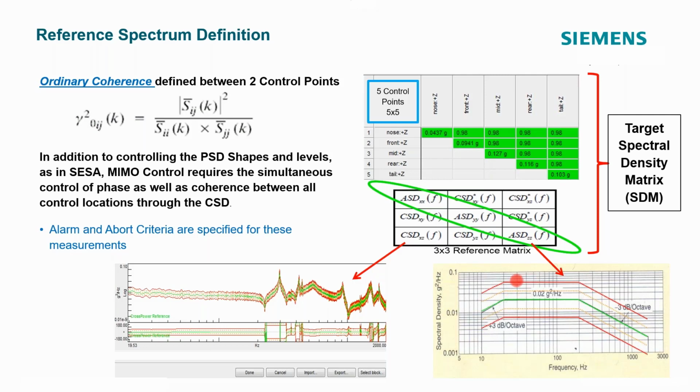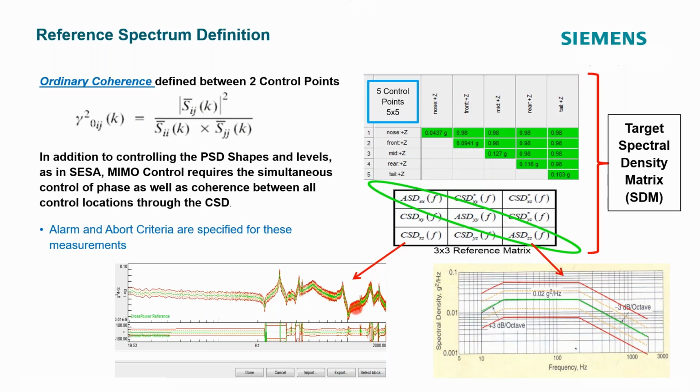Just like in single axis control, we have abort criteria, and that's depicted here for the PSD. So our reference is going to be the green one. That's the level that we want to achieve, on a frequency line by frequency line basis, but we also have these abort and alarm criteria too. And same goes for the CSD. So again, this is a matrix of control. We're going to control each one of the control points, but in the algorithm, it's also going to try to achieve this cross spectrum information too, because that's part of our real operating conditions. So that's the basic concept of control.